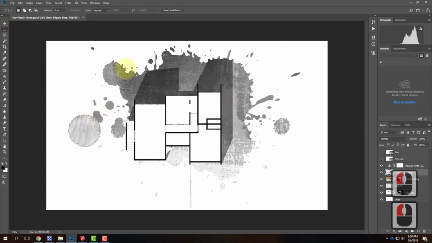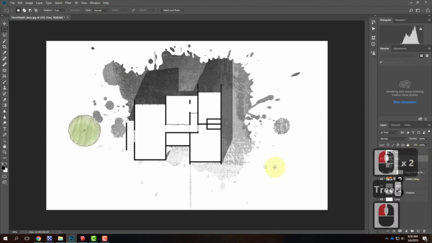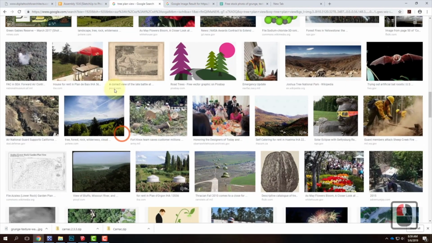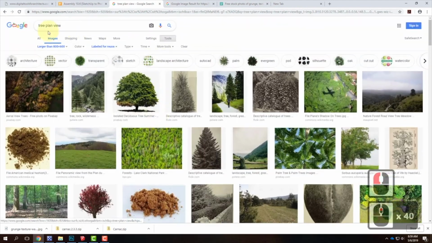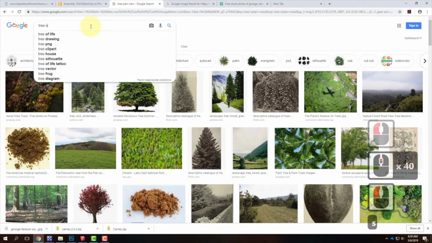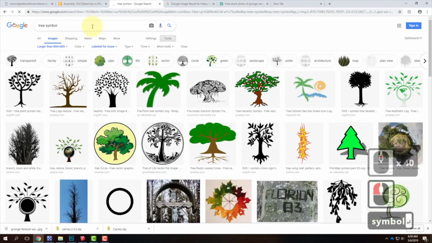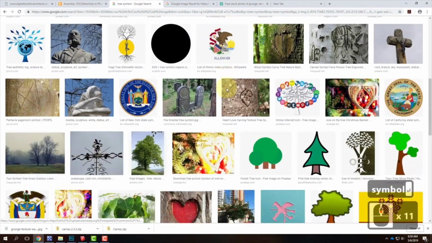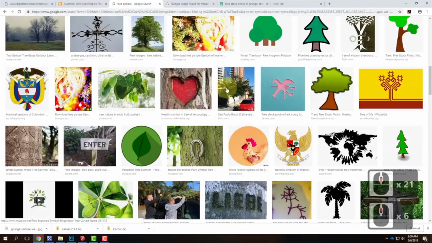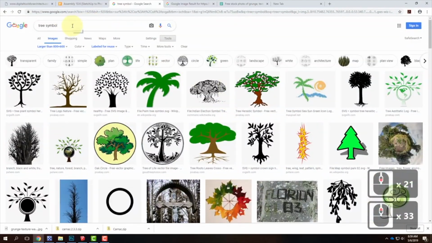The next thing is I need what the tree looks like in its shadow form. So at that point, let me go ahead and call this a tree. And I'm going to create its own black and white adjustment layer in just a second. So there's the tree. I need the shadow for the tree. So in this case, I would look for tree silhouette. It might be tree symbol. Wow, I'm really failing. Usually I have no problem finding it. I don't know. I'm going to do tree silhouette